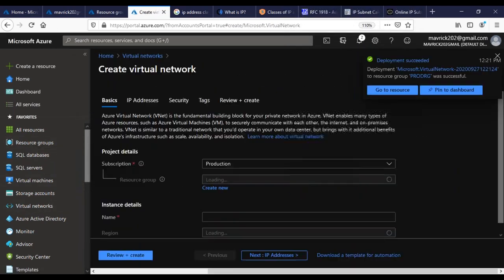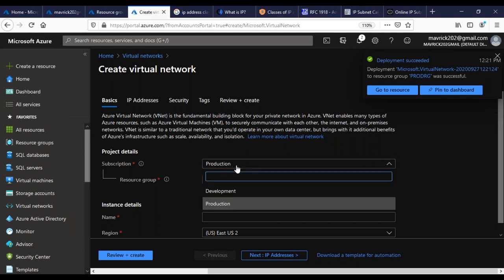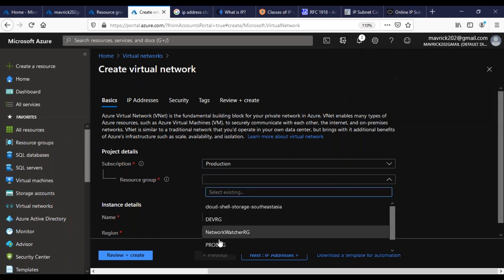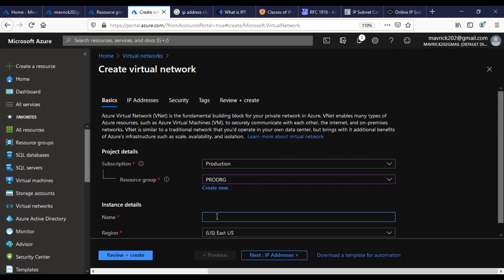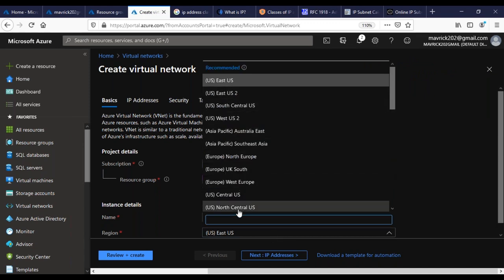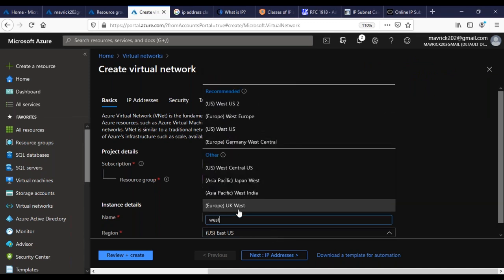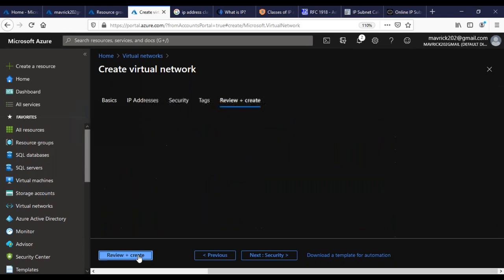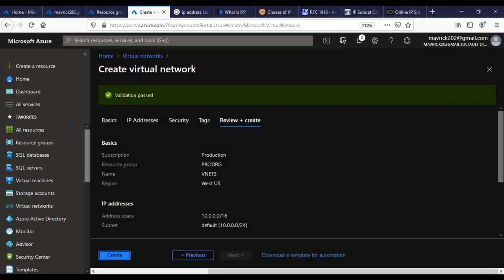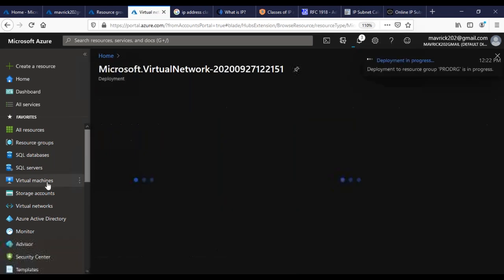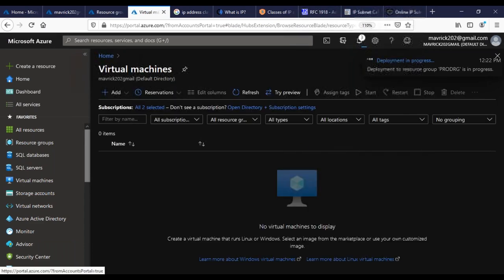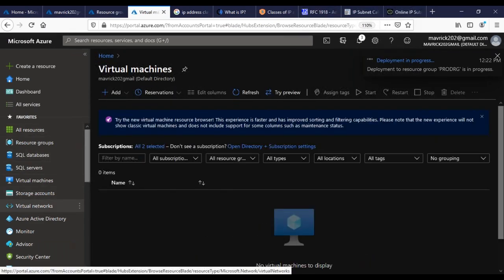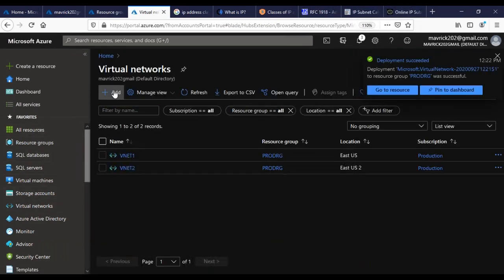Again, I'm going to go ahead and I'll say prod is fine. I'm going to select prod RG. Here I'm going to say VNet 3, and you can search for the region actually. I'm going to say West US 1, and I'm going to IP addresses, review and create, and create. And again, add.